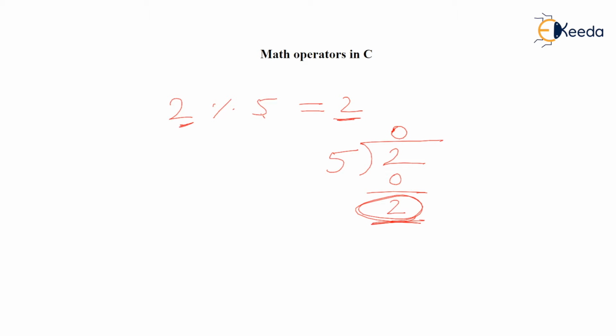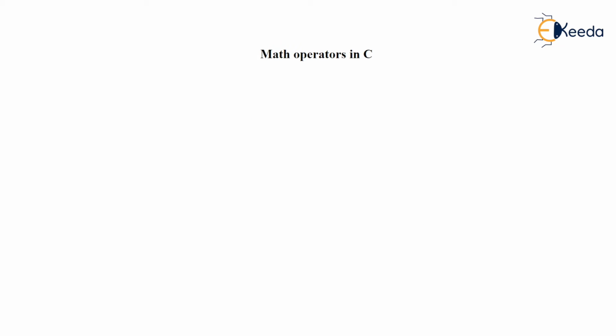Now, one very nice thing that you can observe here is if you are dividing two numbers and the left hand side number is less than the right hand side number, then don't waste your time in evaluation. The result is simply going to be the left hand side. So in case you are asked 13 % 17, no need to waste your time. 13 % 17 is going to be 13, because 13 is less than 17. Any lesser value percent larger value will always give the lesser value as the answer.